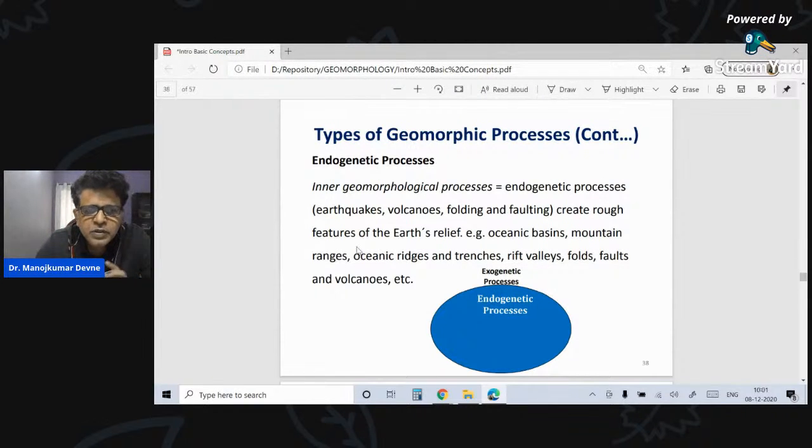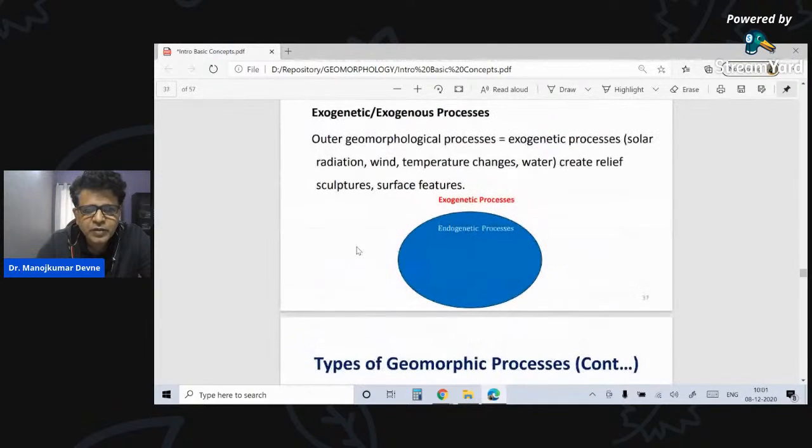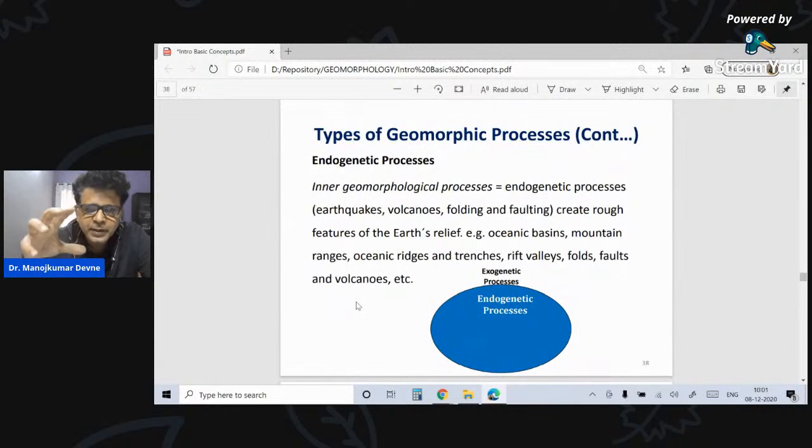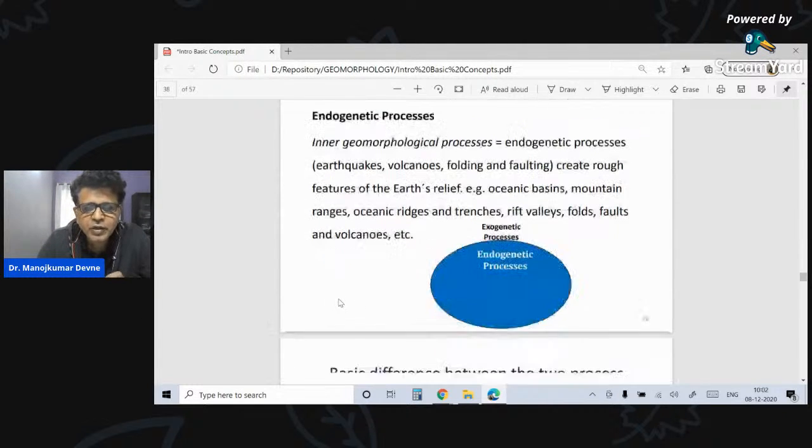Now, how do we say that the Earth is an active planet? If only one of these had been in operation, say for example only exogenetic, the Earth would have been smooth as a marble, let me tell you. Literally as smooth as a marble. And had it been only the endogenetic, the Earth would have been very rough like a porcupine. You would have features here and there. That the Earth is neither completely smooth nor completely roughed up means that there is a continuous process of friction going on between endogenic and exogenic processes. That's another takeaway point that you have to keep in mind.